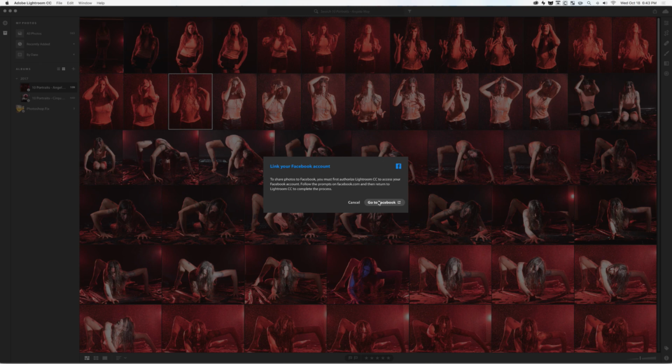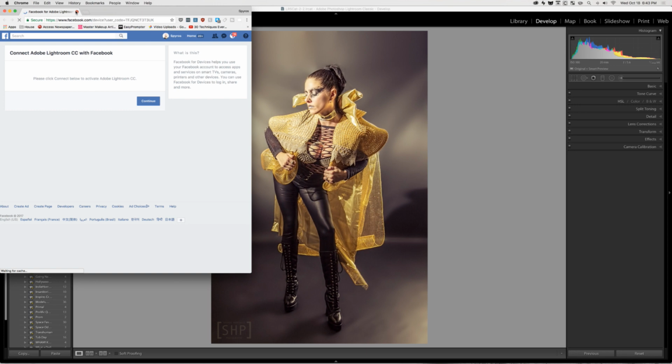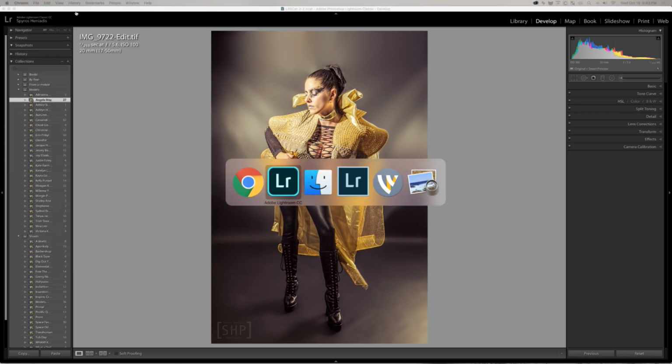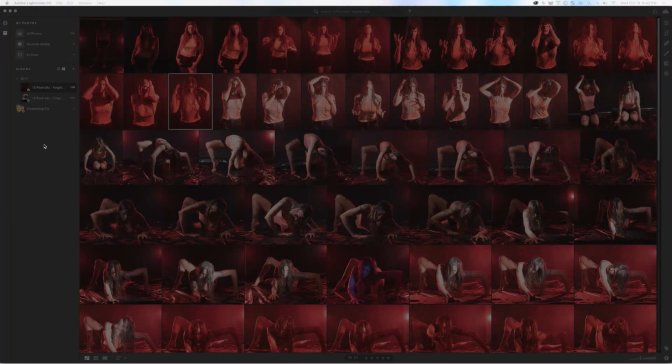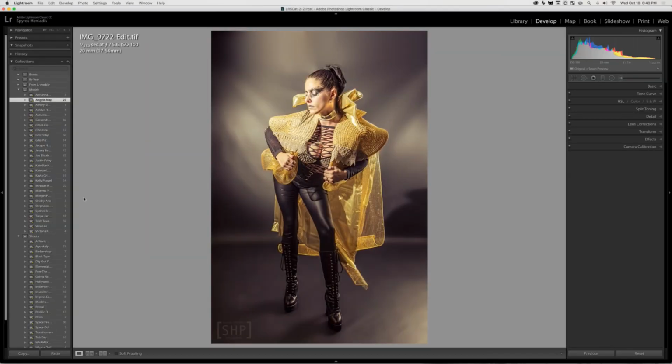Link to your Facebook account to share your photos. Of course, you have to authorize it, and then you just enter a caption, and that's it. So I guess if you want to use that. I'm just going to cancel out of that. It's similar to the, whoops, I meant to stay back in that other version of Lightroom. It's similar to these